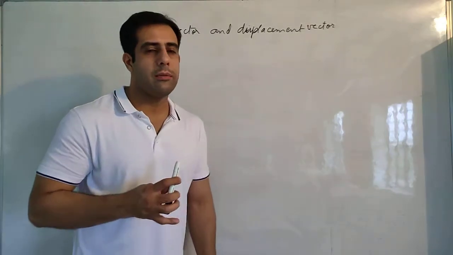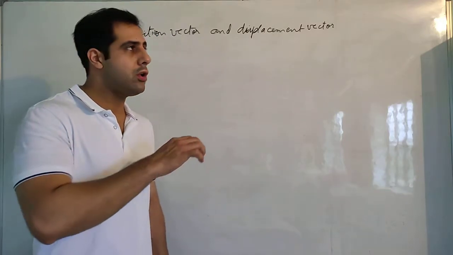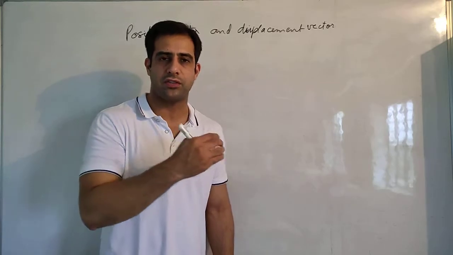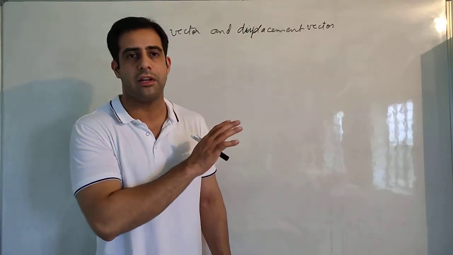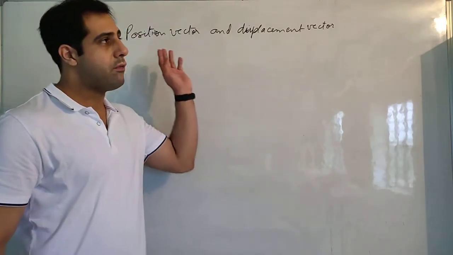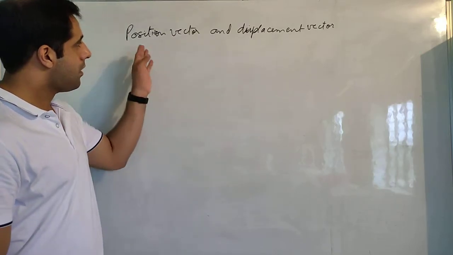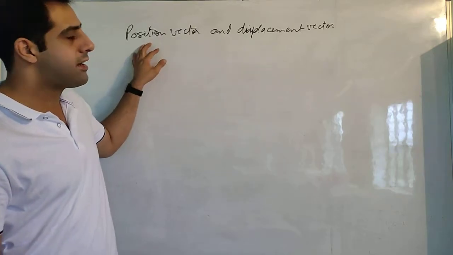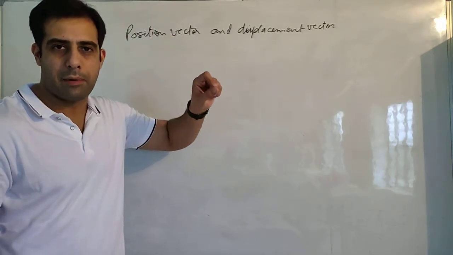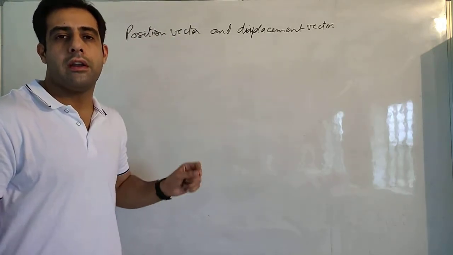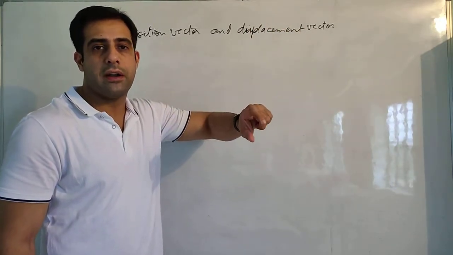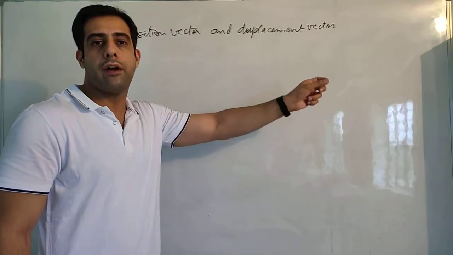Now when we were talking about motion in one dimension, I told you that the position-time graph and the displacement-time graph are the same thing. As far as questions are concerned, they give the same information. But when we are talking about vectors, position vector and displacement vector are two different things. Position vector gives us the position of a particular particle from a reference point. Displacement vector gives us the actual displacement between the initial position and the final position.